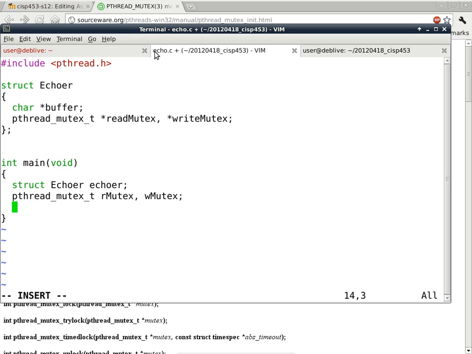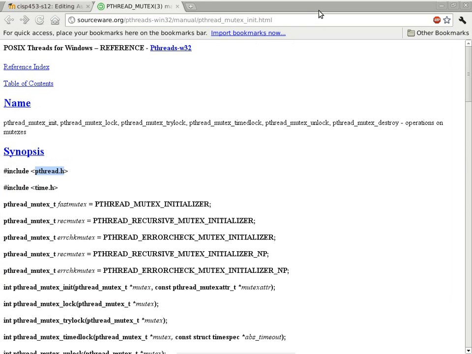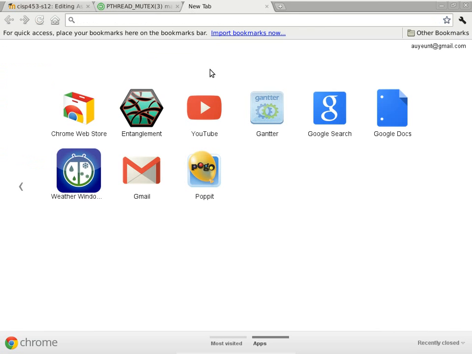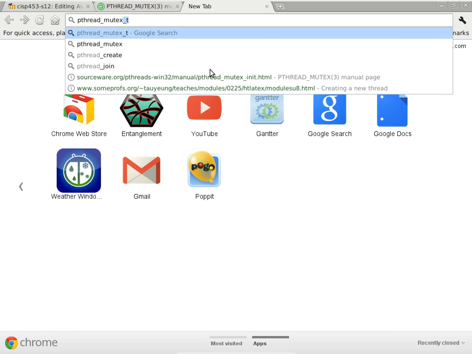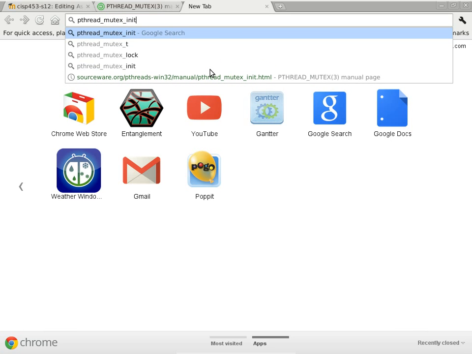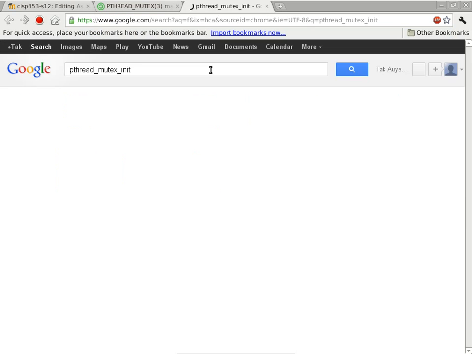All right, which one should I lock first? In other words, if I have one thread responsible for reading and one thread responsible for writing, which one has to wait and which one has to go first? The read one has to go first. Okay, so that means after I initialize, I have to make sure the state of the mutexes are correct. So this is a good time to look up another function call, which is pthread_mutex_init. We want to do the initialize first,